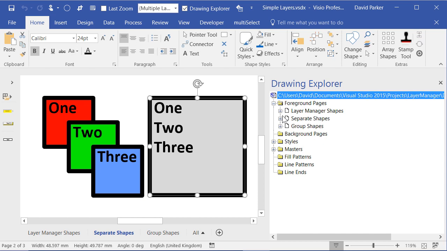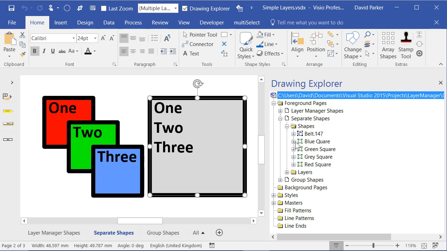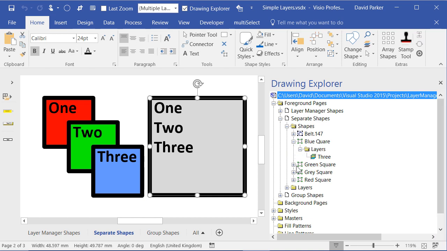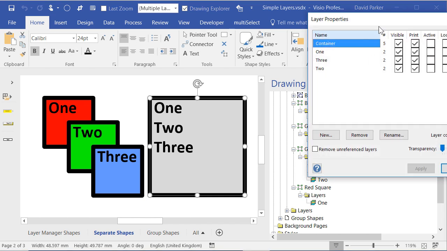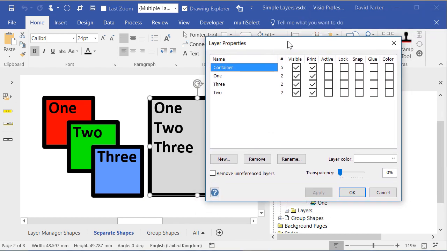So if I open up the Drawing Explorer window and we look at the shapes here, we've got the blue square is on layer 3, the green square is on layer 2, grey square is on 3 layers, and the red square is on a layer called layer 1. Simple. Okay, so in Visio what you get is a layer properties dialog, and in this layer properties dialog we have a simple